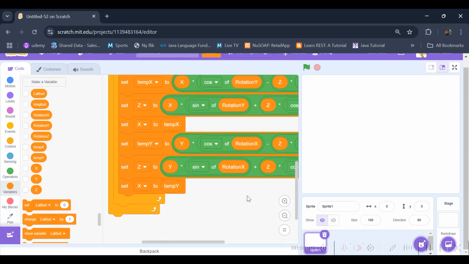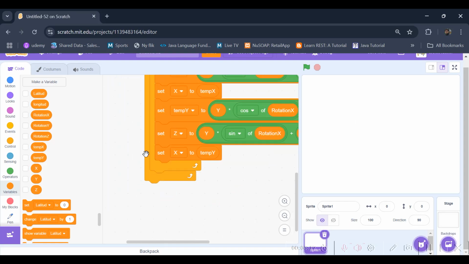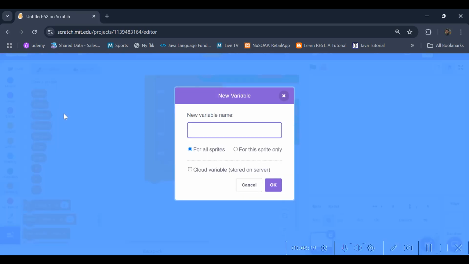Okay, so after this, we need to draw the planet. So let's make two more variables. Let's call this screen x and screen y,